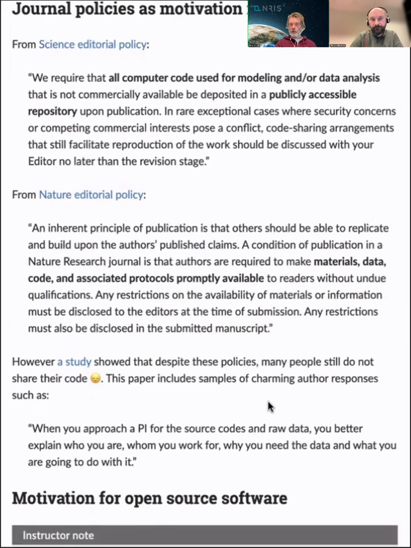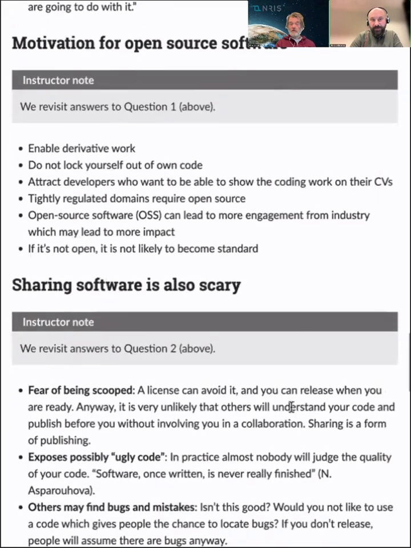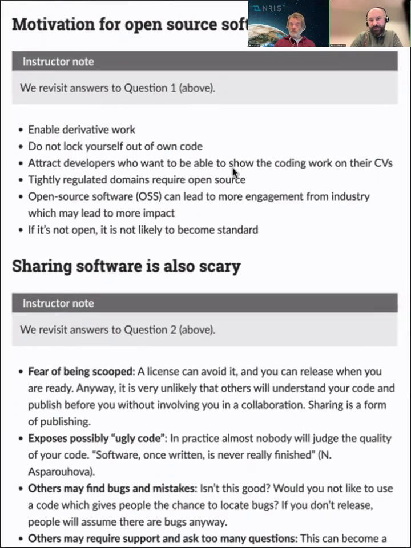But we see here that both Science and Nature have editorial policies for sharing code. And Nature also has requirements for sharing the data, and that can be quite a large volume. And here at the bottom of the page, we have this motivation for open source software, but also this type of scary aspects.